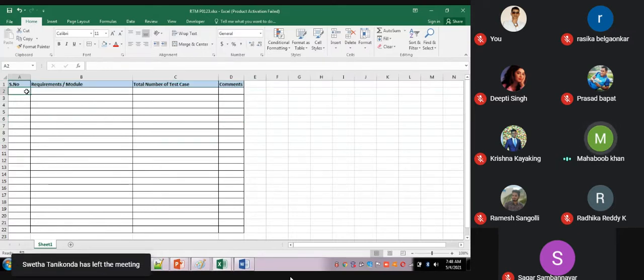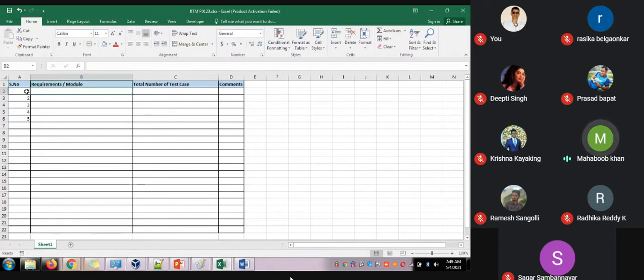Okay, so this is the traceability matrix. 1, 2, okay.